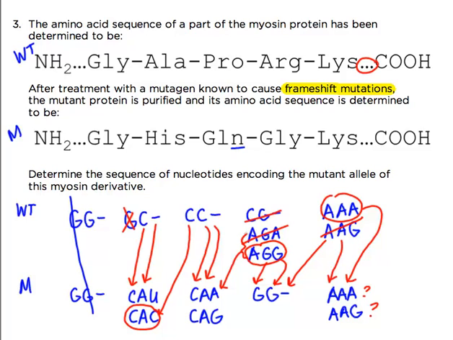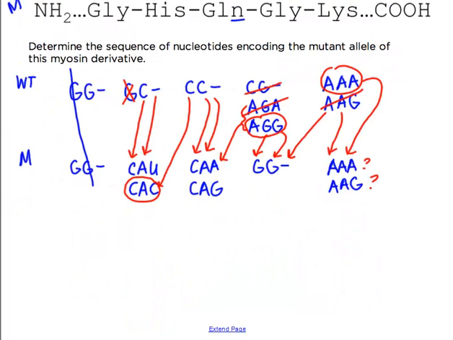So now it wants us to determine the sequence of nucleotides encoding this mutant allele. So let's draw this out. We ignored this first codon because glycine we knew didn't change. So we're going to write that. Remember, this is the mutant. We're just going to write that as G dash, and again, because of the wobble theory, we don't know the identity of that third base, but that's okay, we could just write the dash. Then we knew that the next codon is going to be CAC because the guanine was deleted in the wild type from the mutagen, and then it frame shifted over, and then with the matching, we found that the next sequence was CAC,